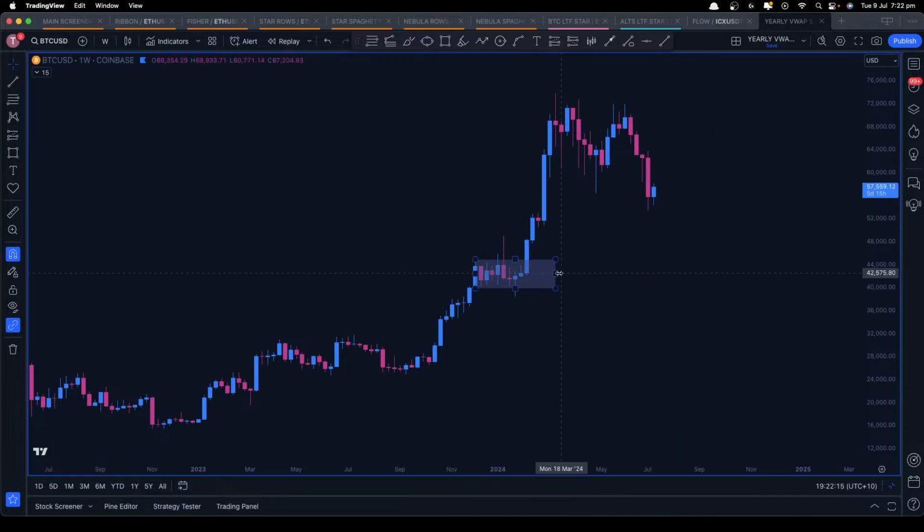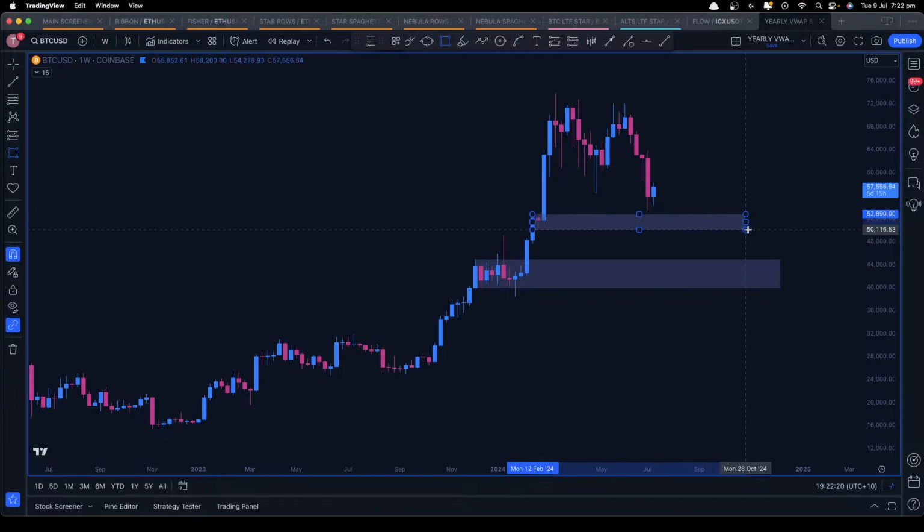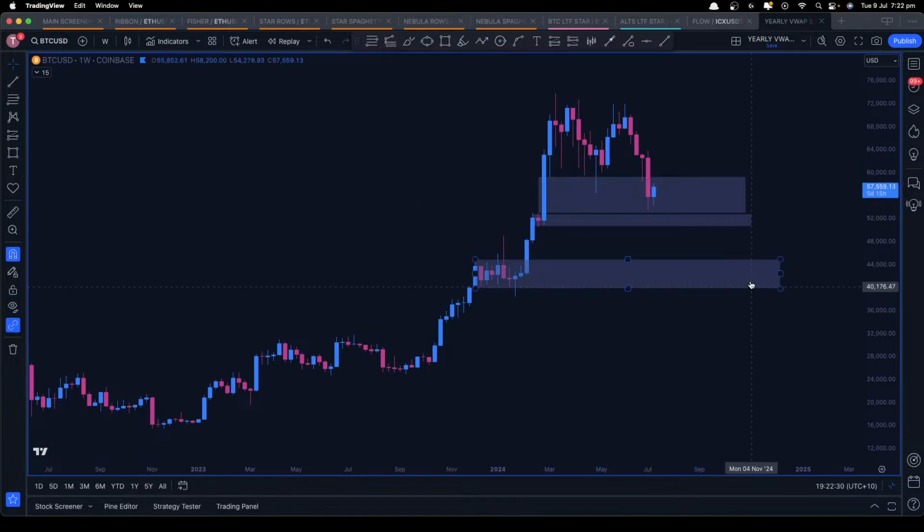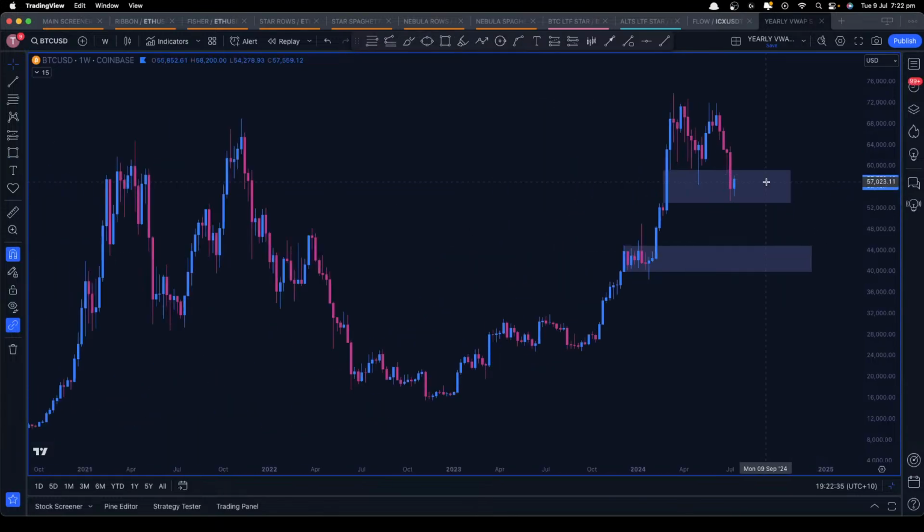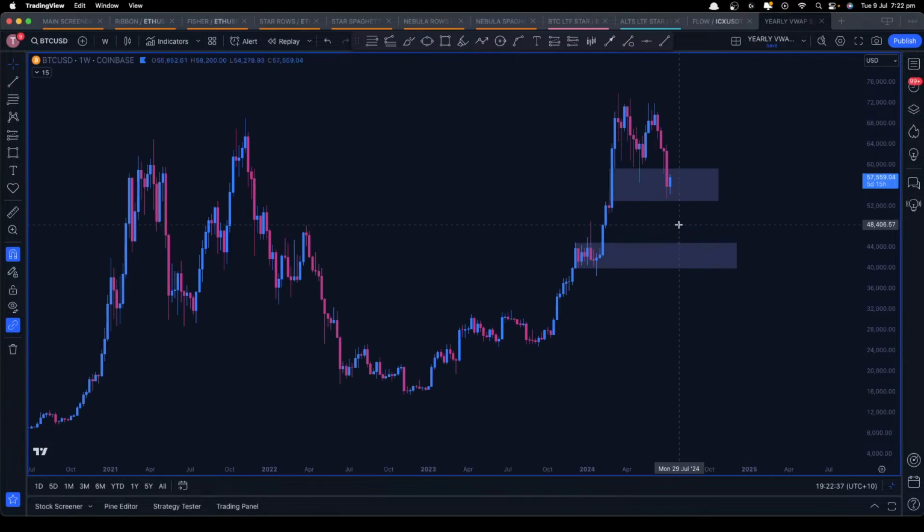So where's the most significant area on the chart? Well, it's here. We do have a little bit, think about it, it's the weekly. So we do have some sort of balance through here, imbalance, back down. So this is a key area as well, but you have to understand these areas are just as important, okay? So if I'm thinking about being bullish this market right now,